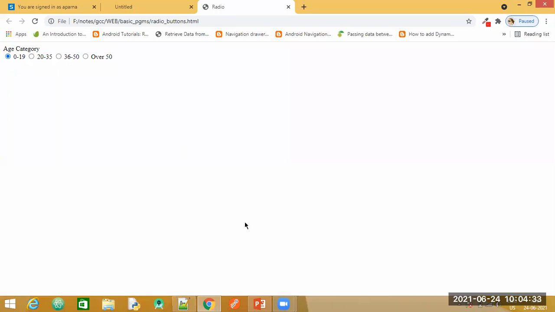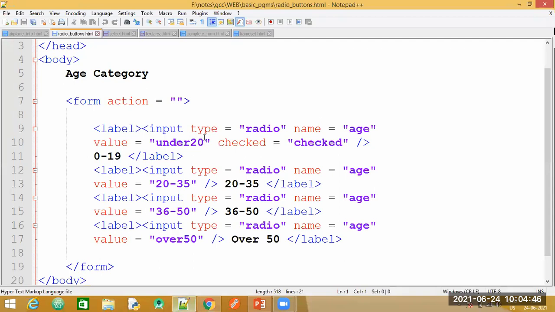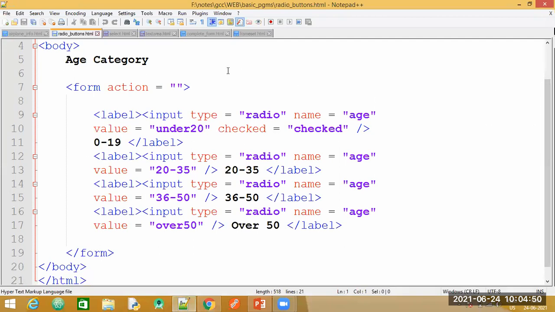Just like for a checkbox, when you want the default state to be checked in, you want it to be ticked. In the same way for a radio button also, you can keep that value checked. For that, just have a look at the code inside the form tag.